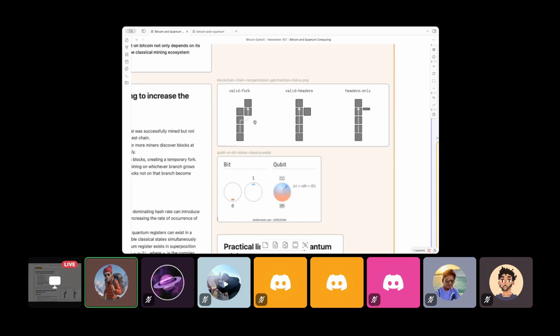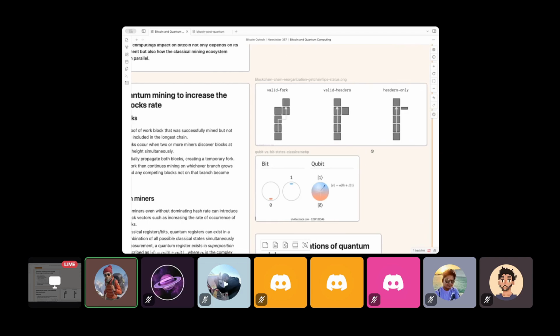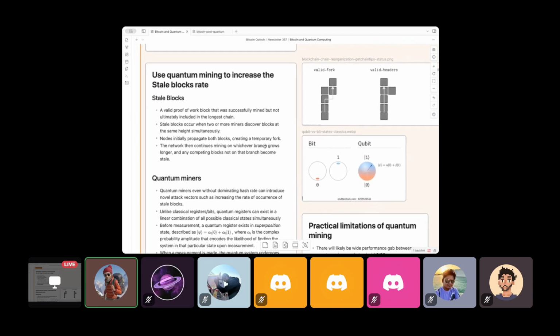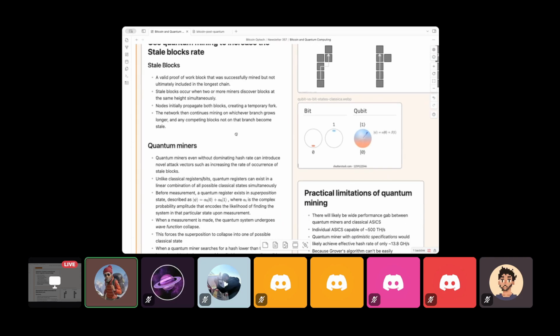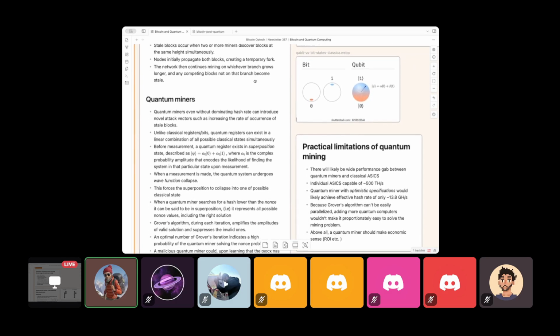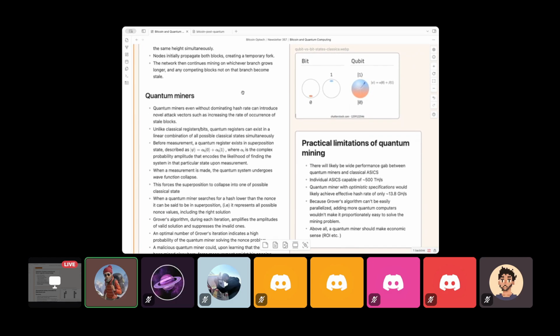So this is an example of how a stale block is created. With a quantum miner, you can engineer a quantum miner to increase the number of stale blocks. How this can happen is that when a quantum miner starts to hash, it is not like a